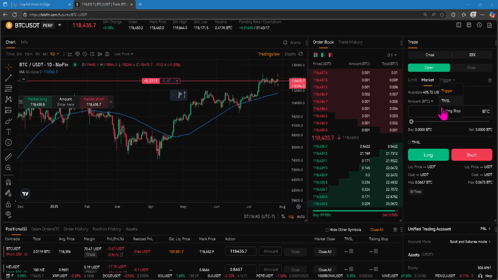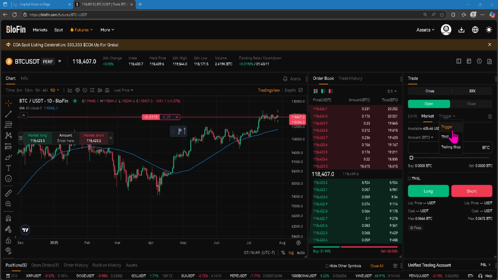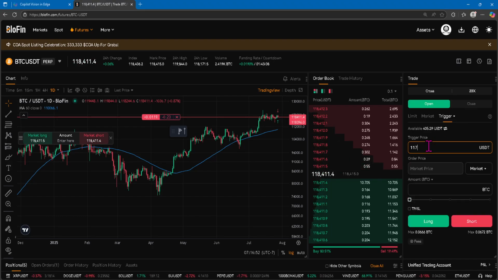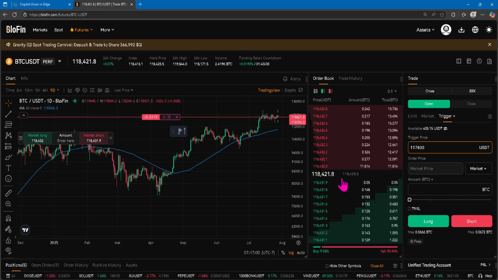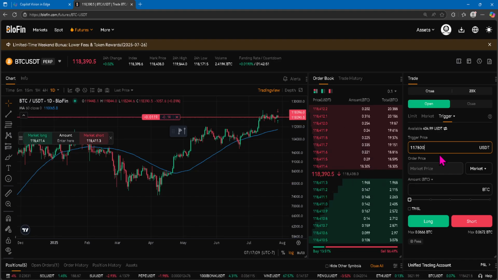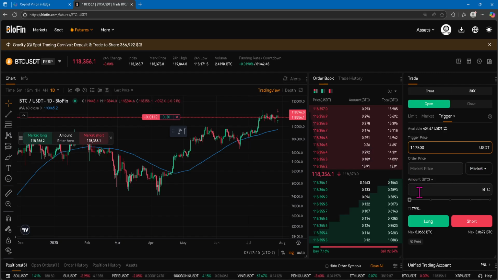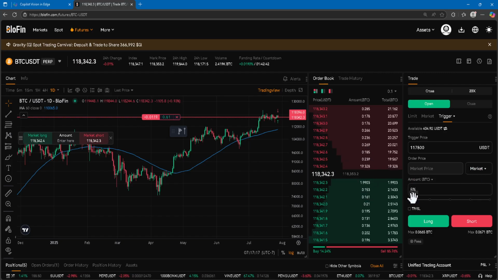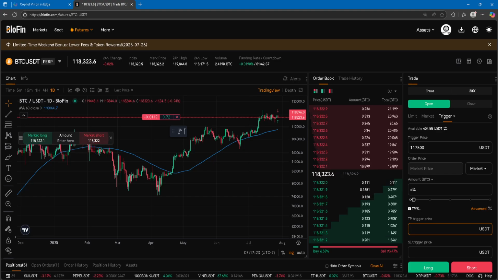Set a limit order. You come over here. We're going to want to buy this level, so I like to go into trigger. We're going to set the price at 117,800. We're going to just say 800 to make sure we get in at this level, because the price difference is flat. All right, let's see. Price action is right around $35 difference currently. Yeah, so we'll just keep it at that. And then you keep it on market, and then you're going to come over and say, let's just say 5%, and then take profit. The level we want to hit is